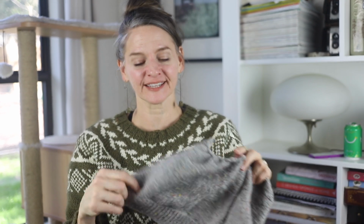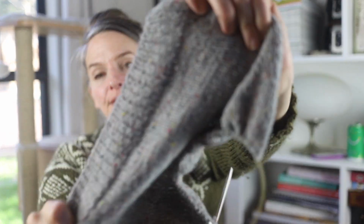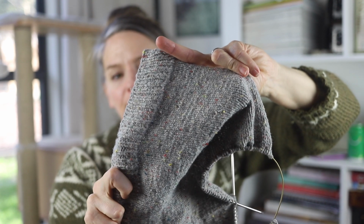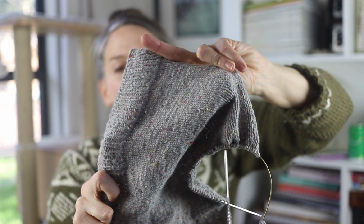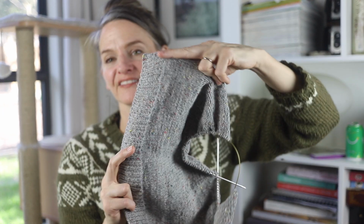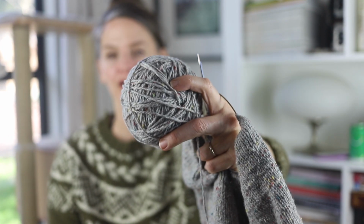Look, I'm in the middle of a row. Oh my gosh. Anyway, this looks super tiny, but it is the same size. It's coming up at the same gauge, and it is in Ella Rae tweeds. And I just want to show you this tweed yarn, if you can see the little flecks of gold, blue, and red. It's a gray with a lot of interesting little colorful tweed flecks. And I will show you this better next week. I'm rushing. I'm afraid my camera is fixing to conk out on me, but